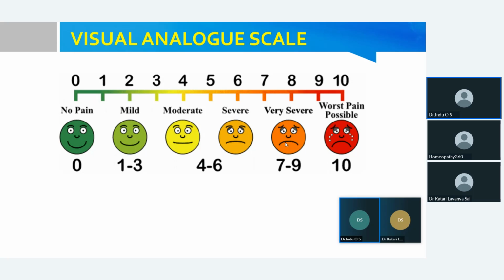You can show this particular chart and visual to the patient under study, and let them tell under which scale they are coming, or which expression they are having. So we can give some quantitative value to their pain. It's a qualitative sensation, right? Otherwise we can't compare the changes after the medicine. So with the help of some scales and scoring systems, we can convert qualitative data to quantitative data. Next slide.